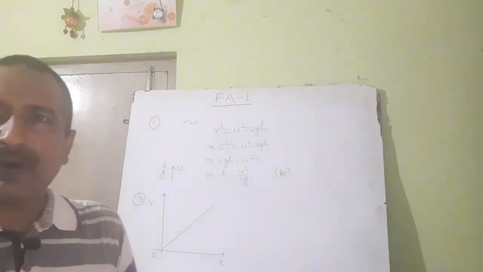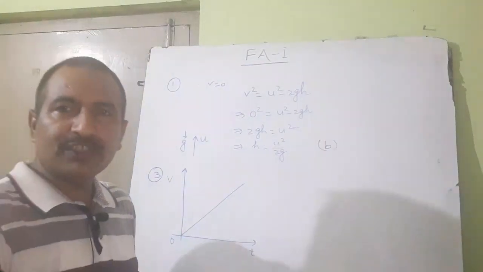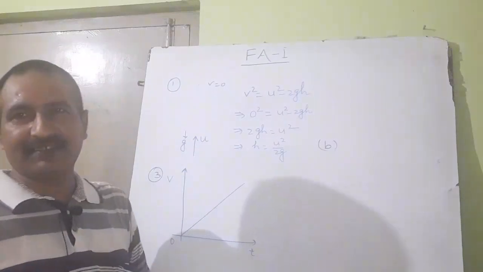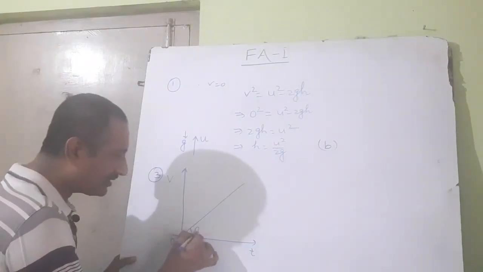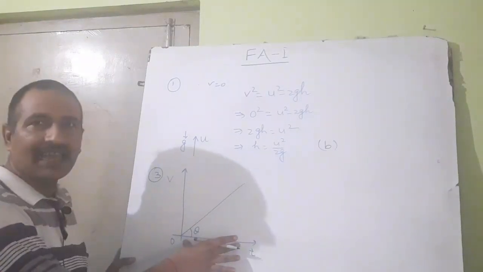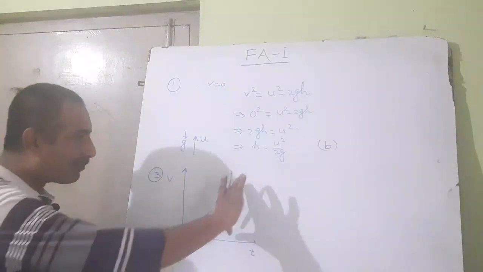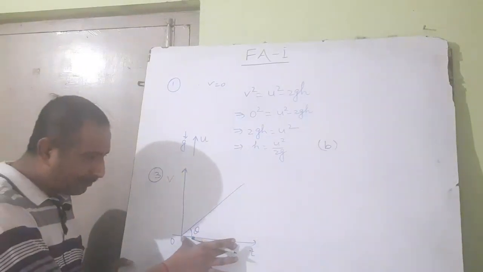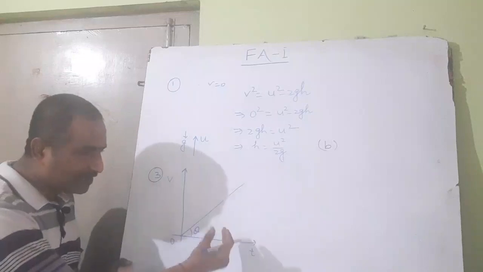So what will be the nature of the velocity time graph here? You see a straight line inclined with time axis, and its slope means tan theta if this angle is theta. You know tan theta is perpendicular by base, as I discussed in various video lectures. So perpendicular is velocity and base is time. So velocity by time,